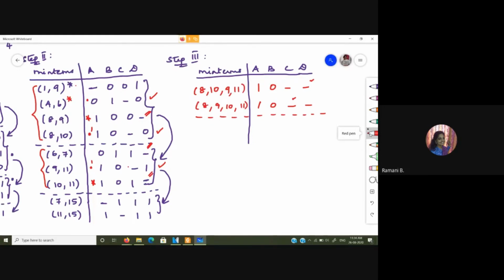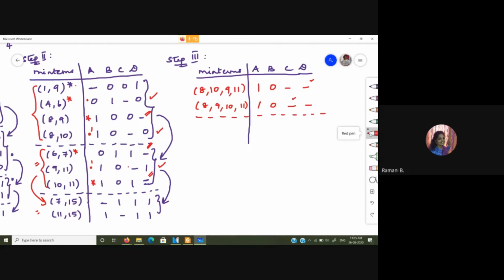Next, we shall compare these two, that is, this particular group with this particular group. So here again, with the last position, there is no dash over here, and it did not form any grouping with these things also. So this again, I put a star. Then for the dash in C position, here we don't have any terms with a dash. However, this 9, 11 has formed a group with the previous one. So I am not going to give a star in this position.